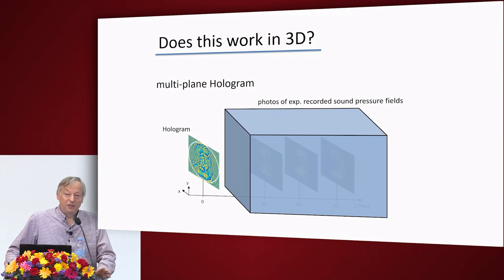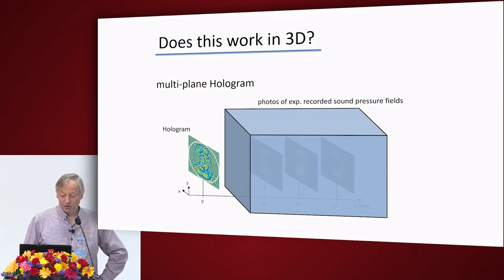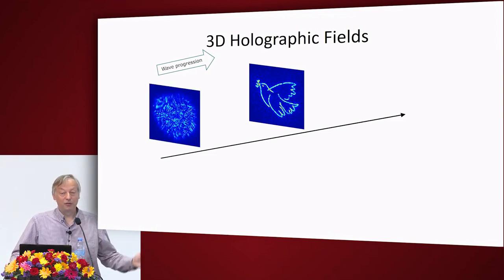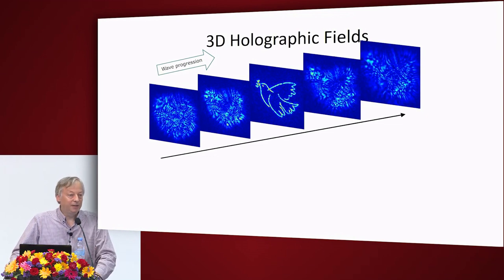And of course, this wave comes from a source, goes through the fluid and goes at the other side. So we can also ask the question whether this will work in 3D. So here is our image, our pressure image. So again, this is not something we can see by eye, but this is something where we'll have high intensity and no intensity of sound. And of course, we can follow this as it goes through the volume. And as it goes through the volume, we see this one plane where we have arranged for this image to